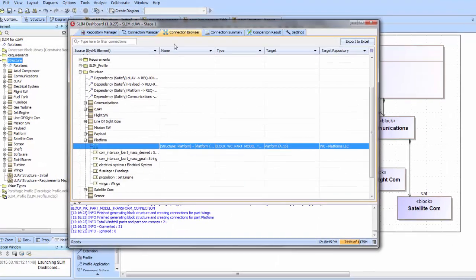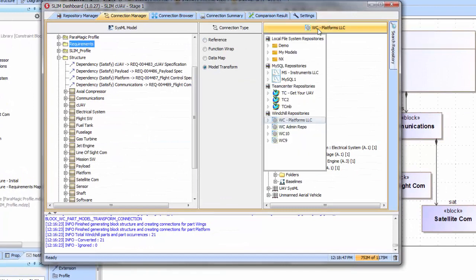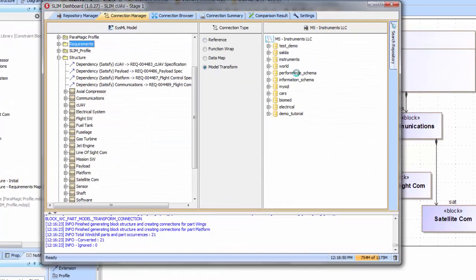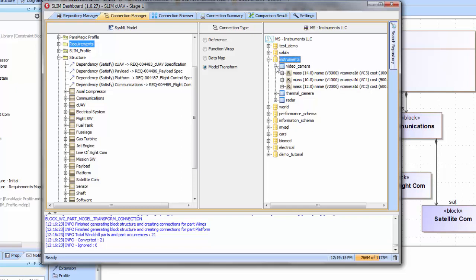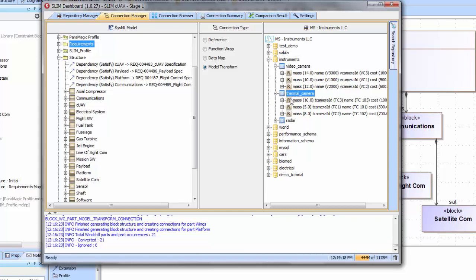Now, moving back to Slim, the other aspect that Sam wishes to work with is the actual payload instruments that are being managed by the partner in a MySQL database. In this case, the partner is a company called Instruments LLC, and they are managing the payload systems in a MySQL database. They have given Sam access to a publishable version of those instruments, and Sam, having access, can expand the instruments database in the MySQL repository. He can see that it has tables of different video cameras, thermal cameras, and radar systems that he has